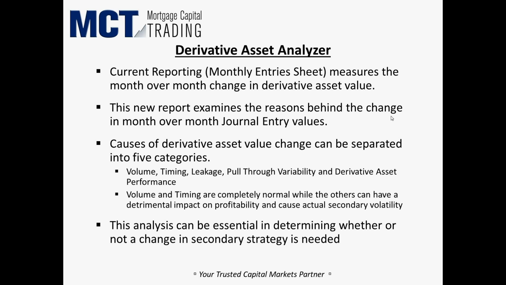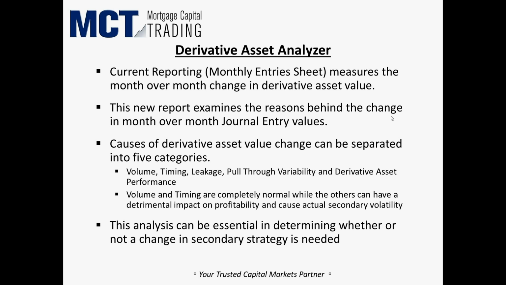And unfortunately, ASC 820, which is a FASB rule, Accounting Standards Codification 820, requires us to report on our mark-to-market reports a list of journal entries, which most people on this call are familiar with, but unfortunately they're limited in scope, and they don't actually show the true profitability picture month over month. And so we'll talk about the causes of value change and what we're attempting to do